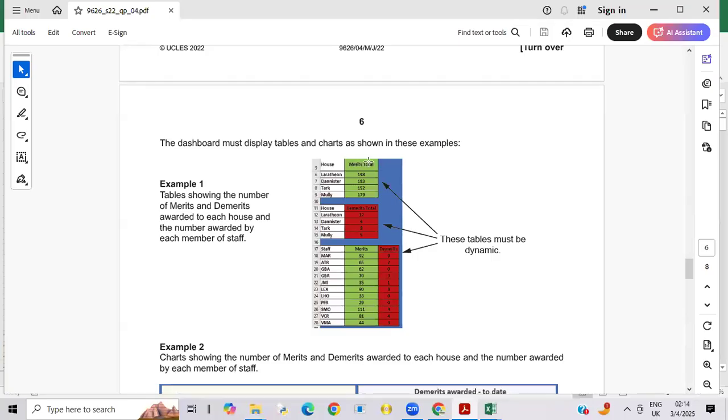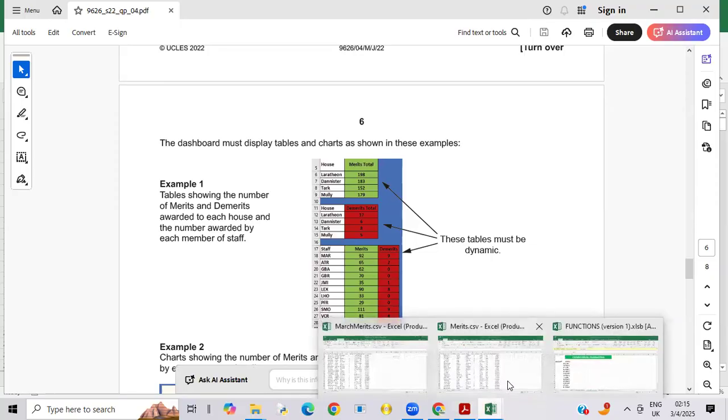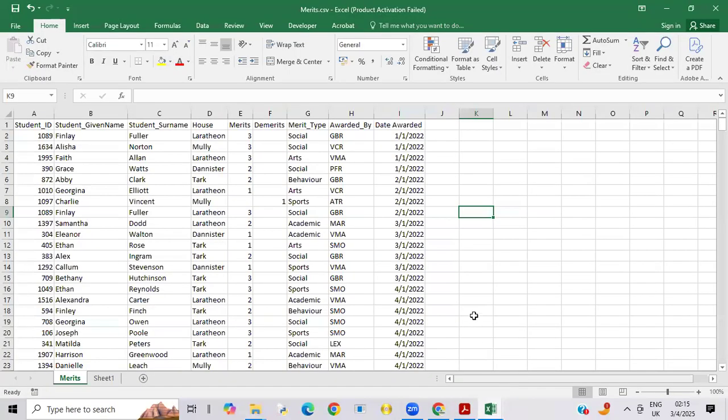this table with the house and merits. So these are the rows, right? So I'm saying, okay, house is going to contain the rows that I need. And I have one column called merits. Okay, so we will go there. And now we want to create our